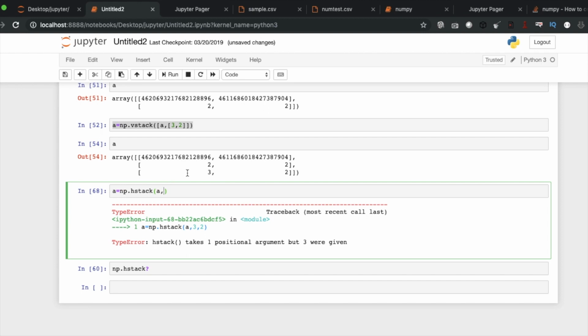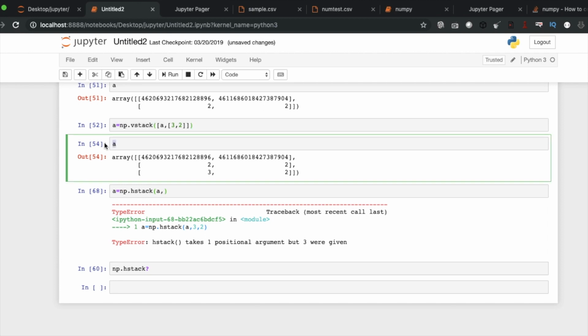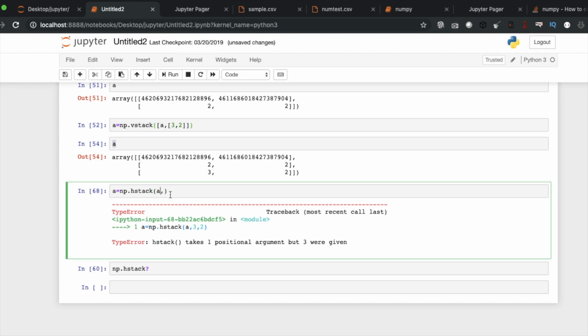I was thinking about why this is not able to do it. Okay, hstack will only work if, okay, there is some limitation probably on hstack, like all dimensions. Let me check.